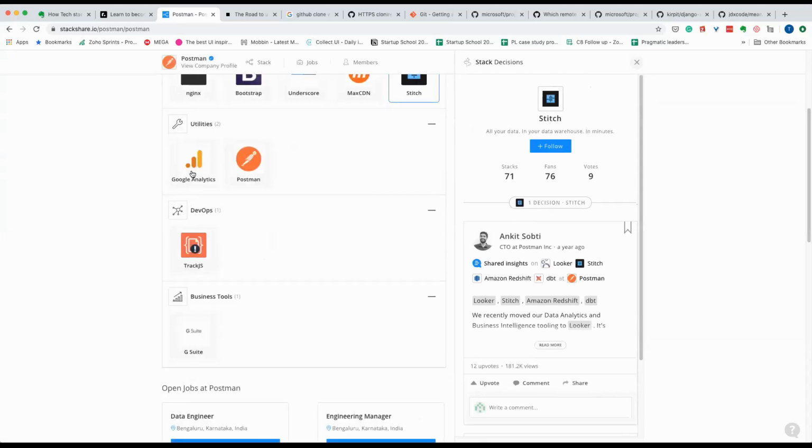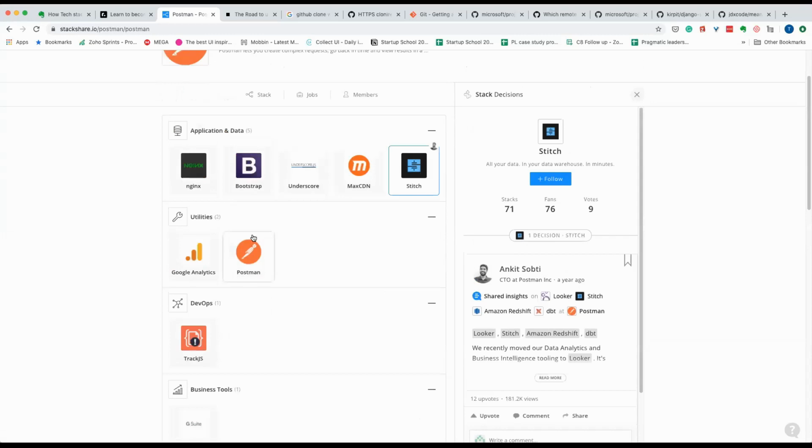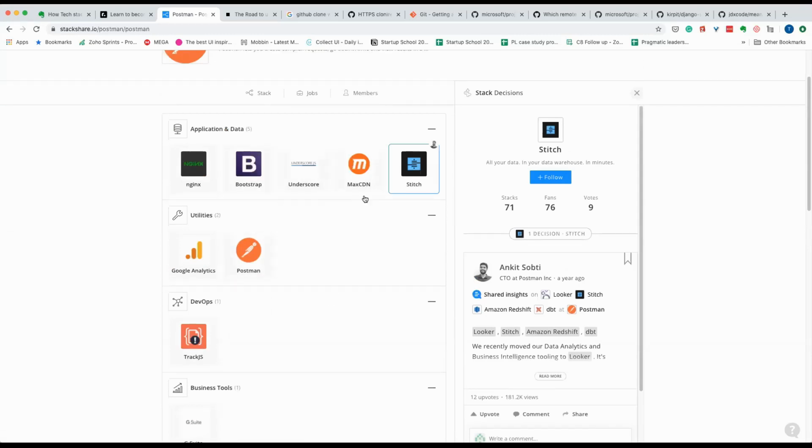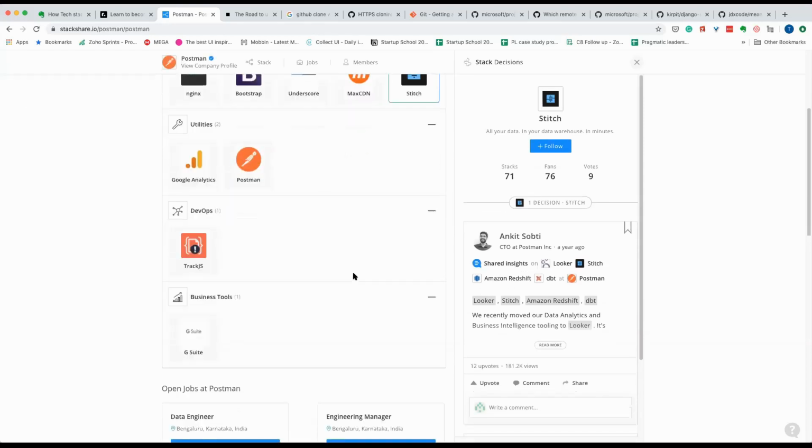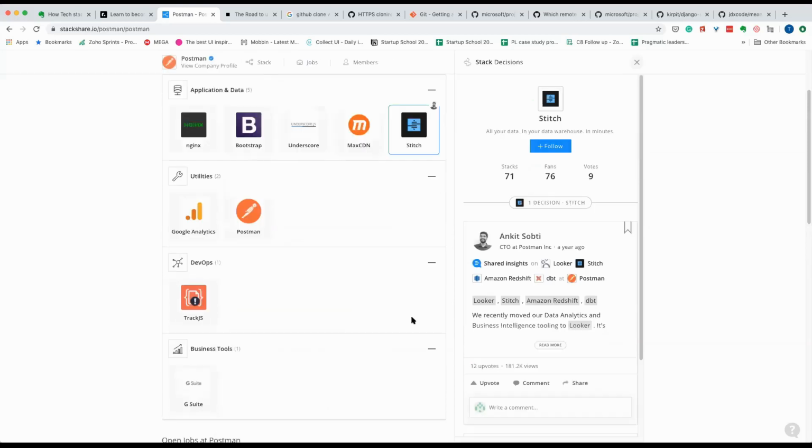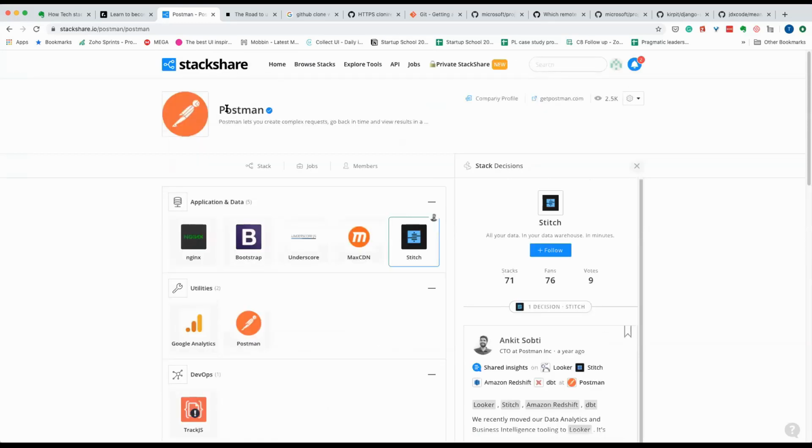So I don't know. And then I think they have not covered everything. They have not covered which databases they're using, etc. They've not covered a lot of this stuff, right? But yeah, they're just getting started. They're using Redshift. Okay, they're using Looker and some of this stuff. But anyway, so